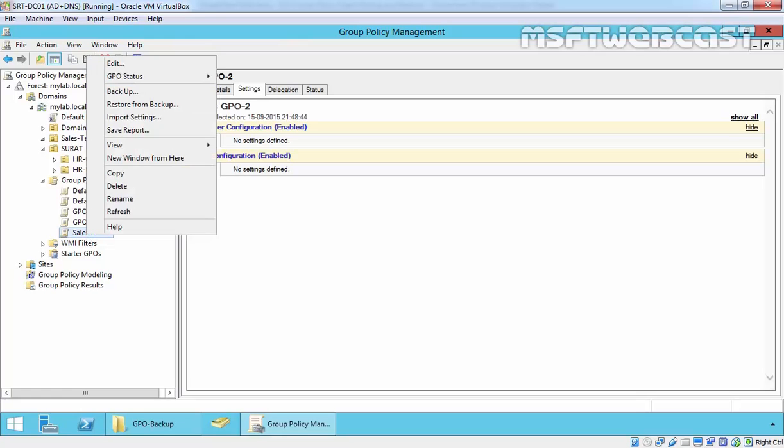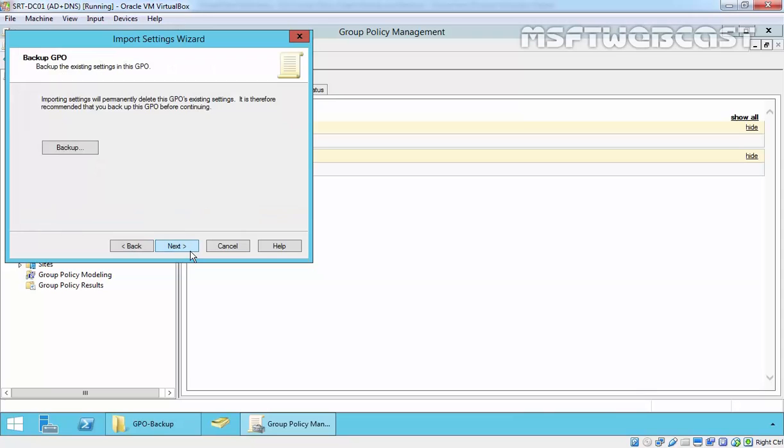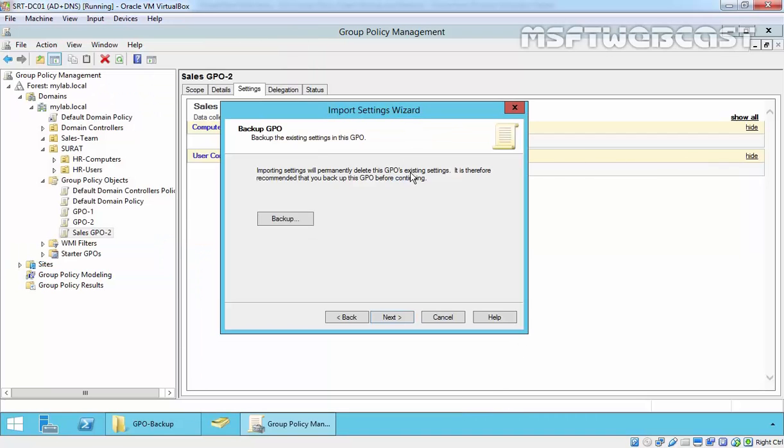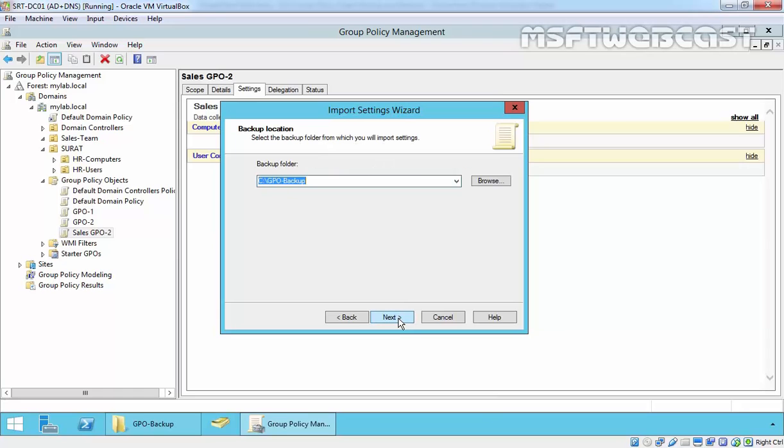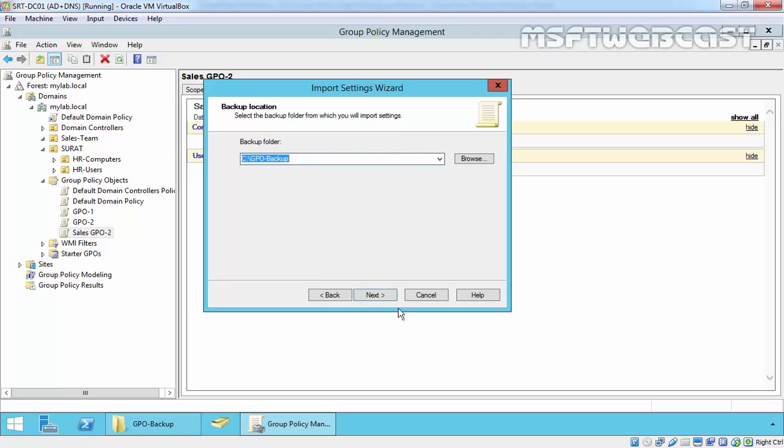So this time you have to select Import Settings. Click on next. It's asking whether, before importing settings from another GPO, you want to take a backup of the existing settings, but we do not have any settings, so I'm going to click next. That is the folder where we store our group policy backup.